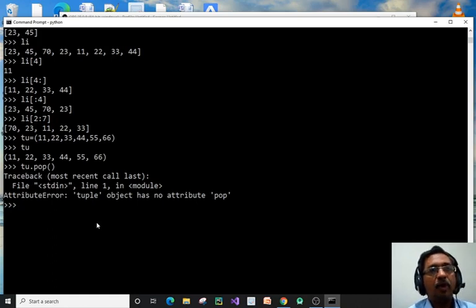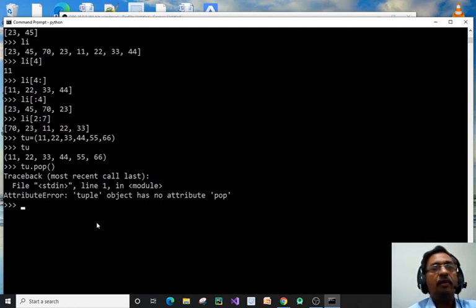Okay, because this is a basic difference between your list and tuple. In a list, we can do any modification. We can add an element, remove an element, modify or edit an element, but we cannot do anything with a tuple. Once we mention the elements, those are fixed. We cannot do any type of changes. We cannot add a new element, we cannot modify an existing element, we cannot delete an element.